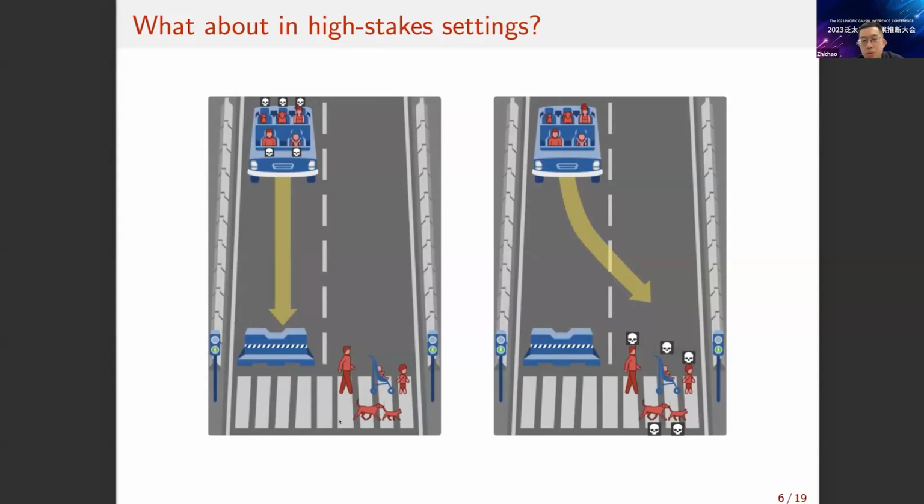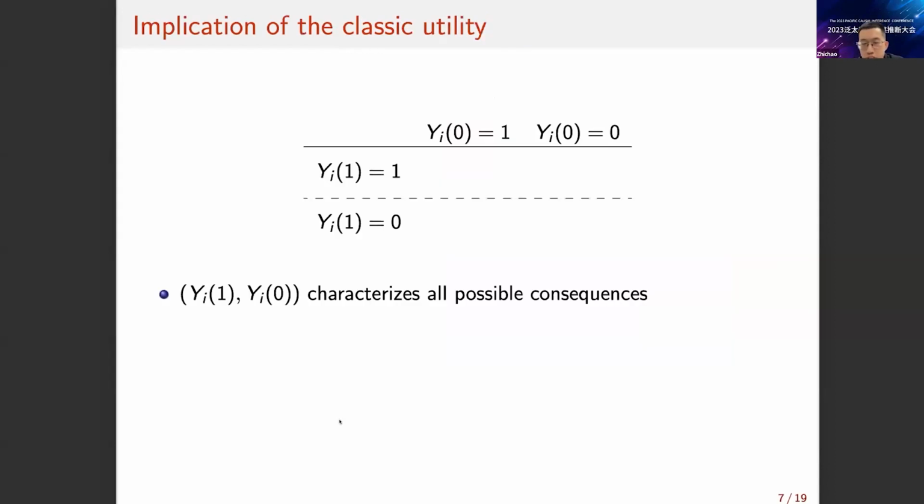So these two examples show that the classic policy learning framework may not be appropriate in some high-stake applications. Let's take a closer look at the utility function in the classic setup. Suppose the treatment is binary, taking a new drug, and the outcome is the survival indicator. So with this binary decision and a binary outcome, we can classify the individuals into 4 different